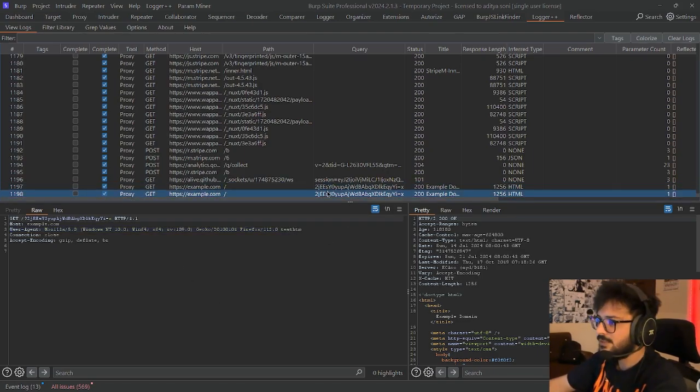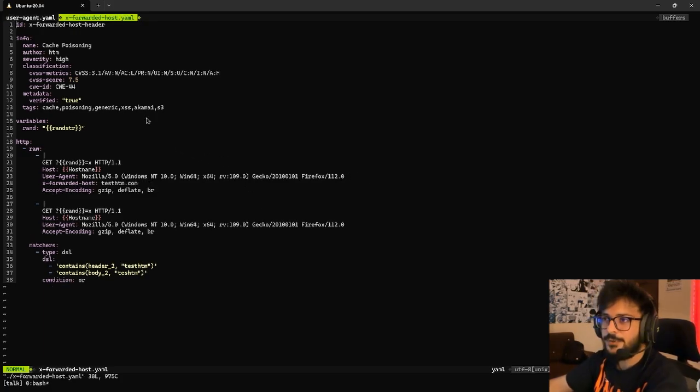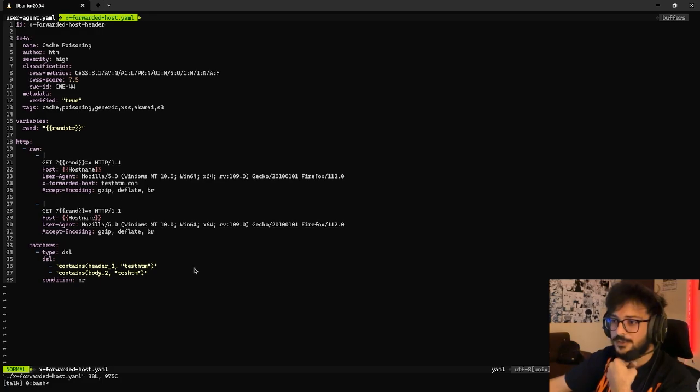But yeah, so this is the request, and in a similar way, the second template is the X-Forwarded-Host template. We are using X-Forwarded-Host with a value of testhtm.com, and the matcher is testhtm in the header. If it is observed in the header, you have to give the success response,